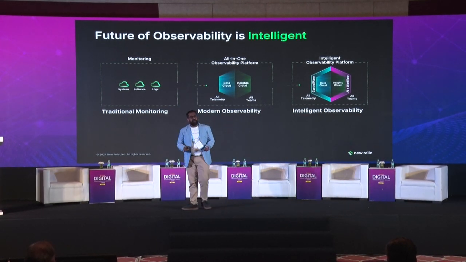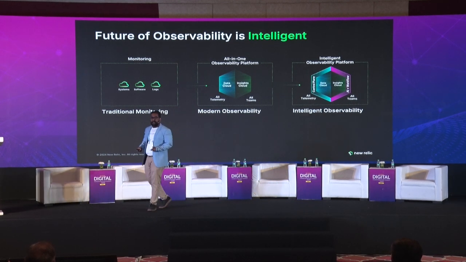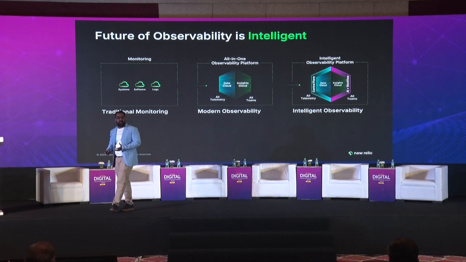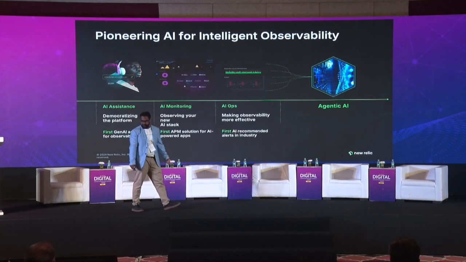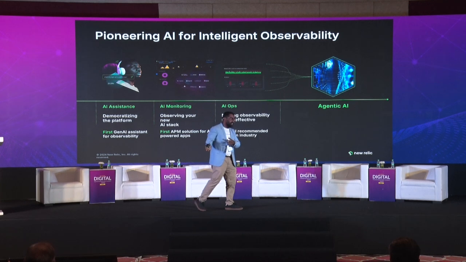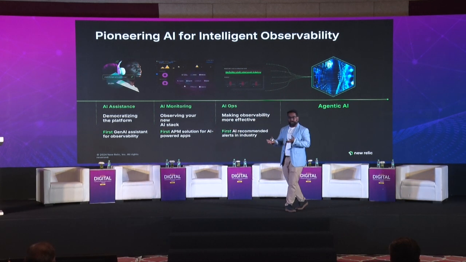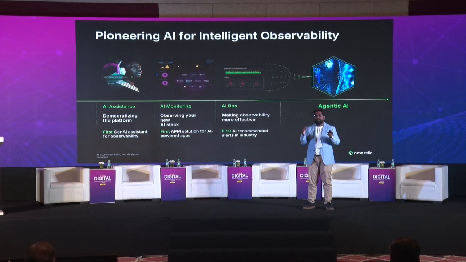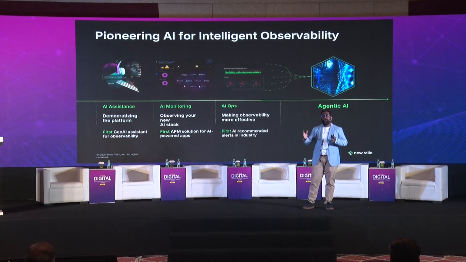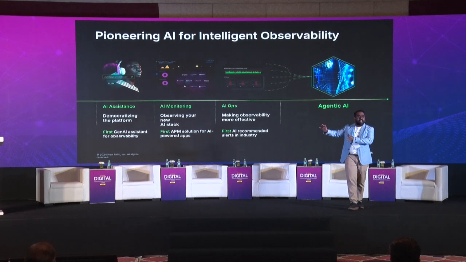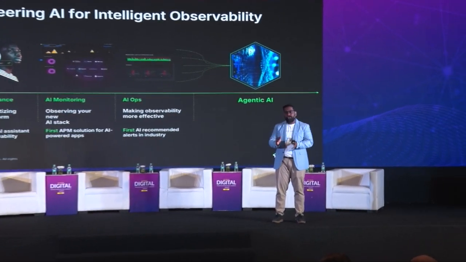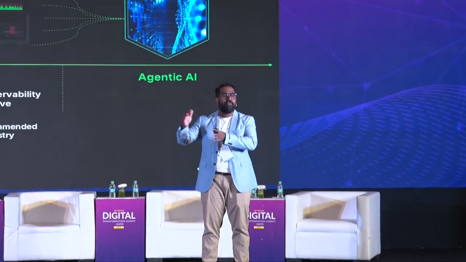A lot of investment is around AI. In fact, somebody today in the morning was talking about agentic AI, right? I'll show you an example which we are already doing as part of it. We have an integration with GitHub Copilot that is part of the agentic AI that we were talking about. Let's say you have GitHub Copilot, you're managing all your releases through that. We have integrations in place with our AI agent that will, as soon as you deploy a new functionality or a new version of your software, start monitoring it automatically.